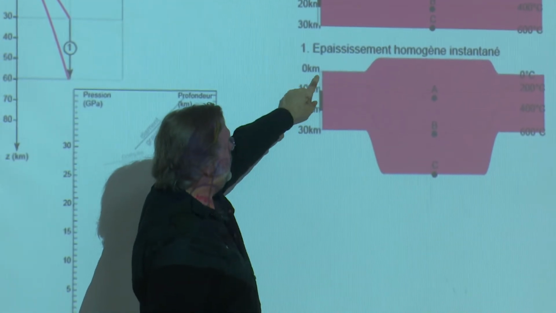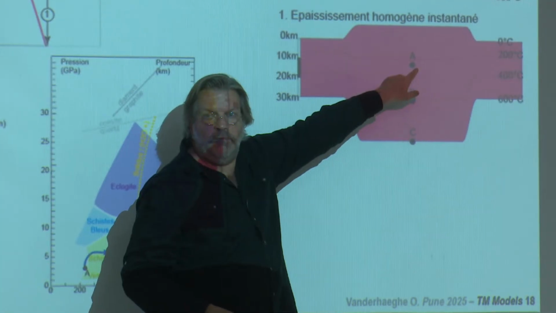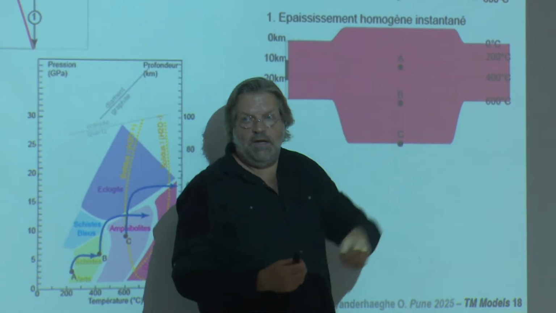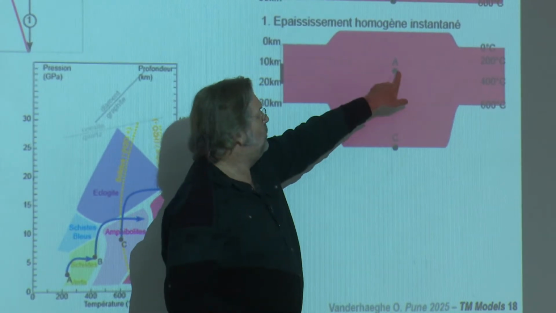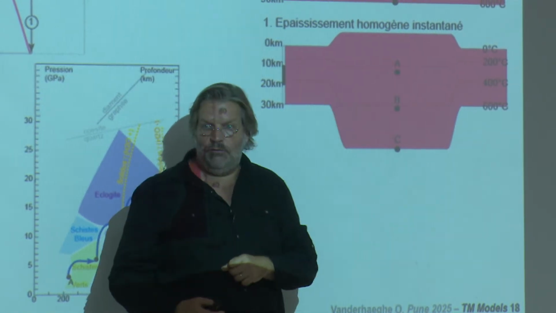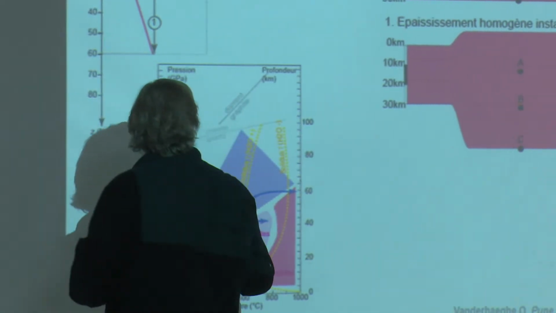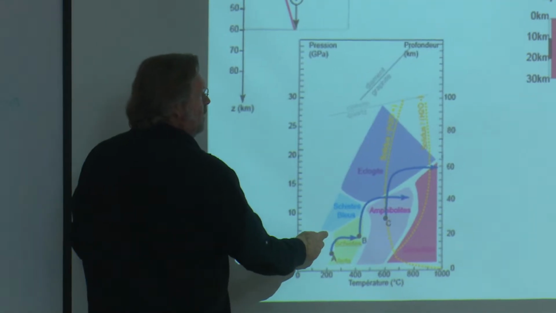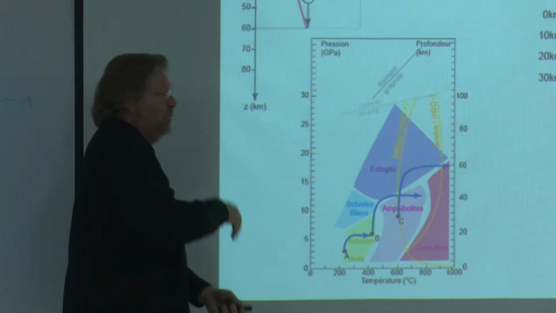So this will not change the temperature of material points depicted here by A, B, and C. The temperature points will be exactly at the same isotherms. What will happen? Well, the pressure will increase. And that's shown here. The first step in this PT path is an increase in pressure related to fast crustal thickening